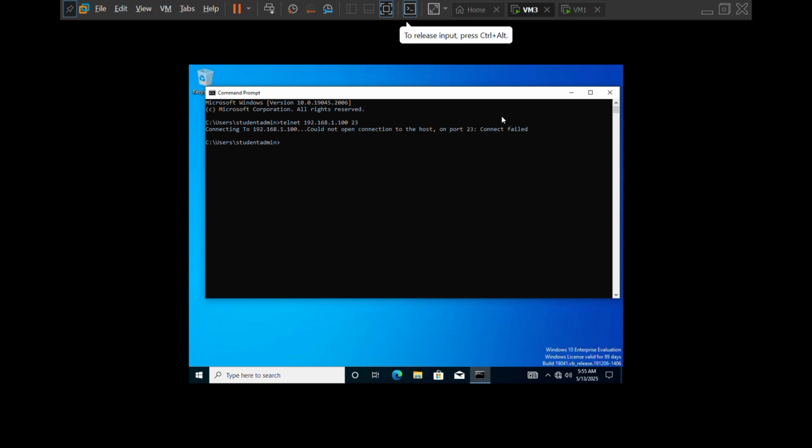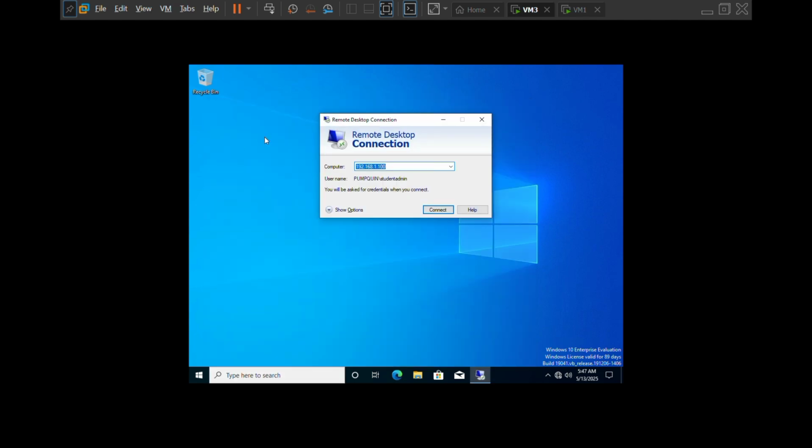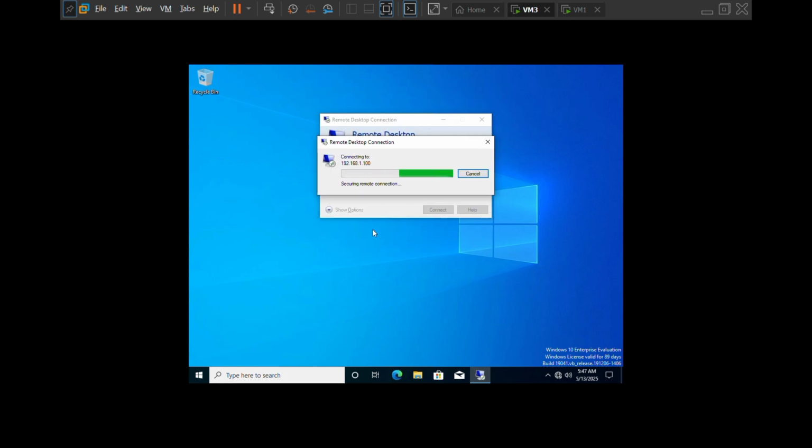Now, if it shows an error confirming that the port is blocked, then this step is secured, or I mean it's successful. Also, in RDP connections, it's better if you use the IP address here, 192.168.1.100.